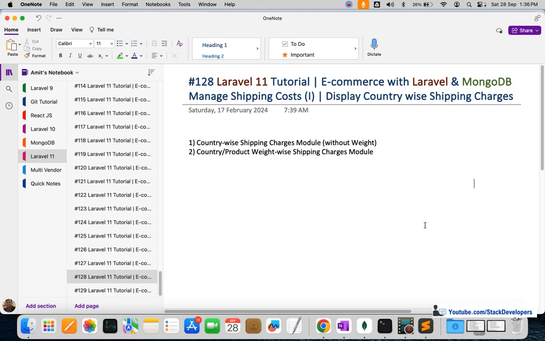There are two ways to do this task. One is the country-wise shipping charges module, in which we will not consider the product weight. We will just consider the location where the user is living. We will pick the country of the user, and according to that country we are going to add the shipping charges. Not only country, you can also choose city and state wise shipping. We are going to do the country wise shipping,